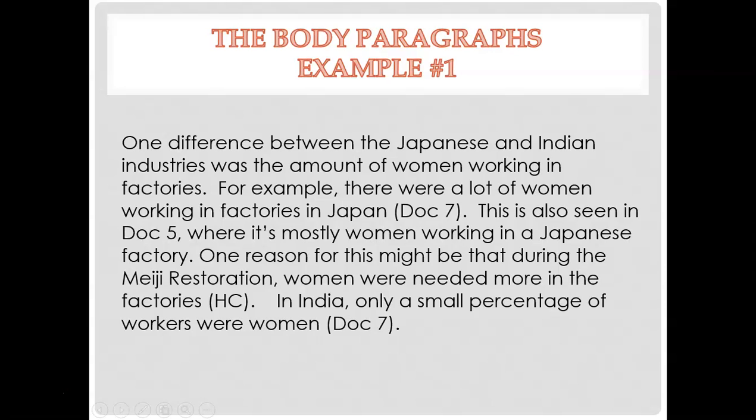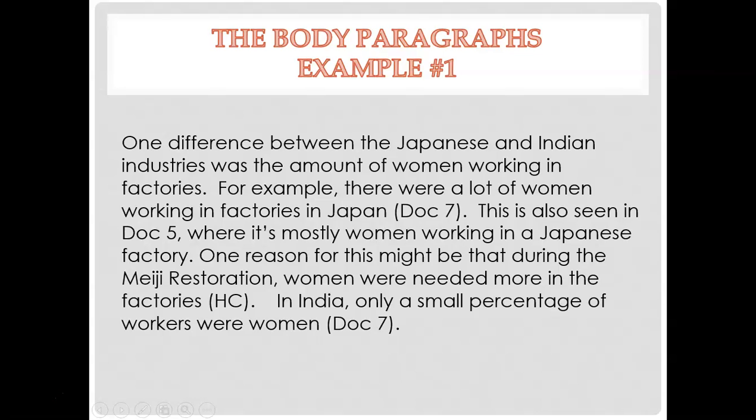Okay, so this topic sentence, I just basically restated one prong of my thesis. Then I have a transition, and then I have evidence from document 7, evidence from document 5, and then evidence from document 7 again. And we really do want to make sure that you tell us which document the evidence is coming from at the end of that sentence. And then here I have an HC to represent this is where I tried to do some sourcing with historical